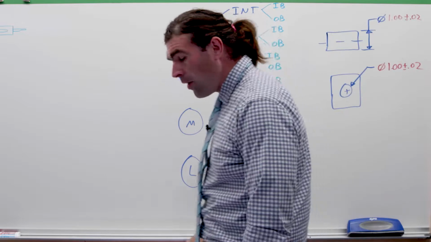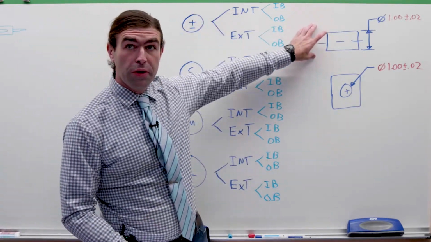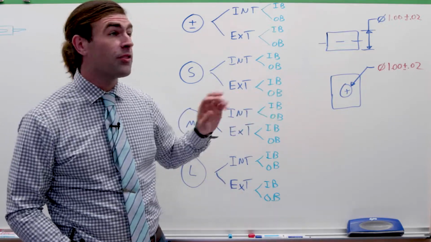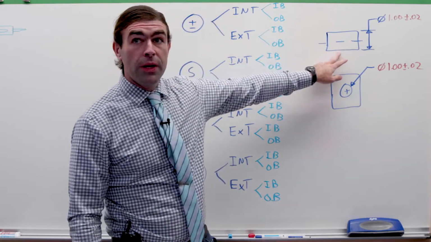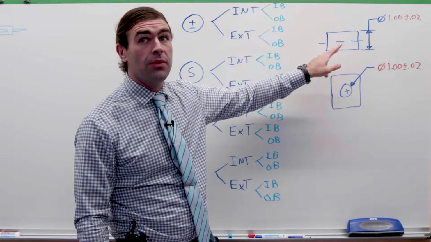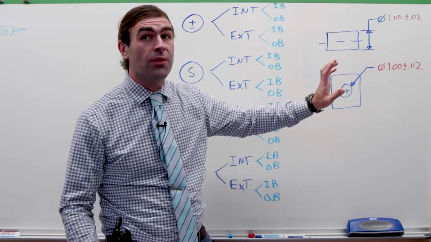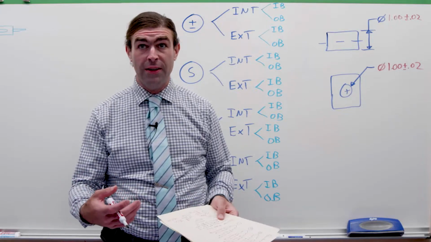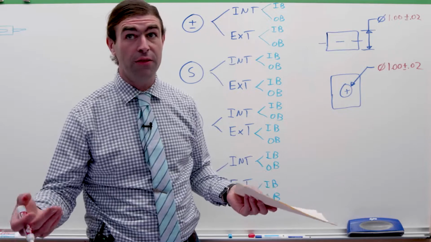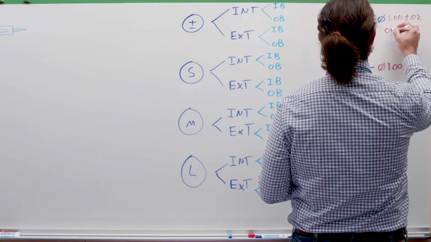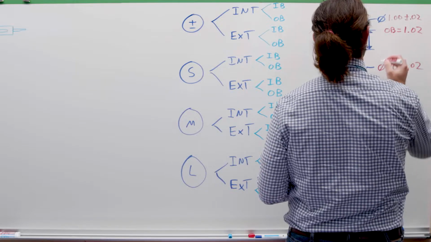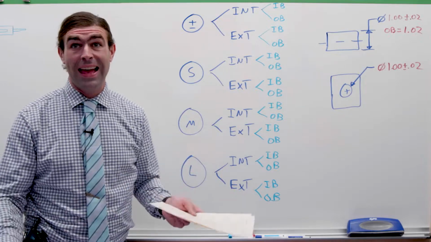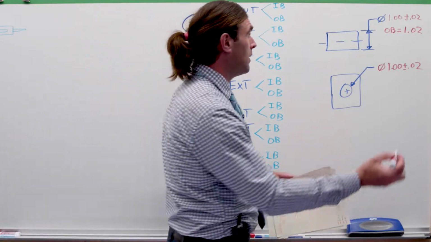So we've got drawn up here an external feature, a pen, and an internal feature, a hole, with no geometric tolerance, just plus or minus dimensions. The outer boundary of the pen is going to be its MMC, the largest it can be. So it's telling you how much room the pen can take up, or how large the mating hole would need to be to have the pen fit freely. The outer boundary is 1.02. The inner boundary of the pen is going to be its LMC, the smallest it can be,